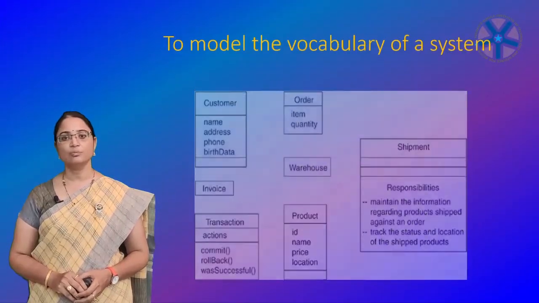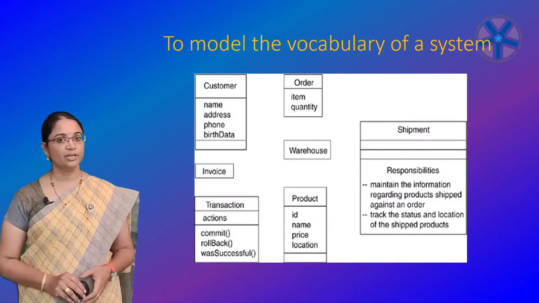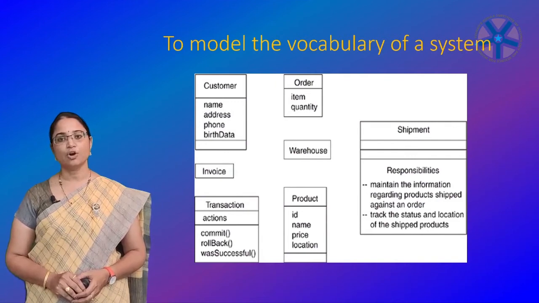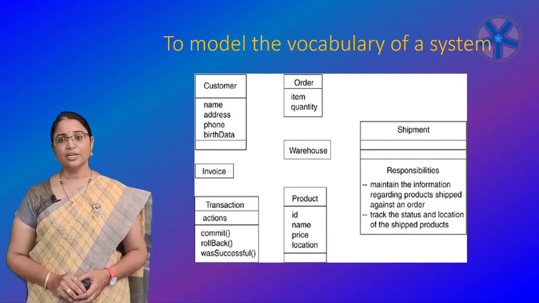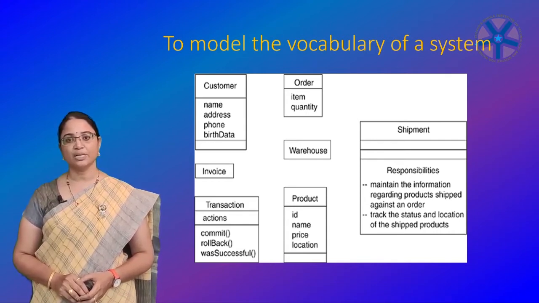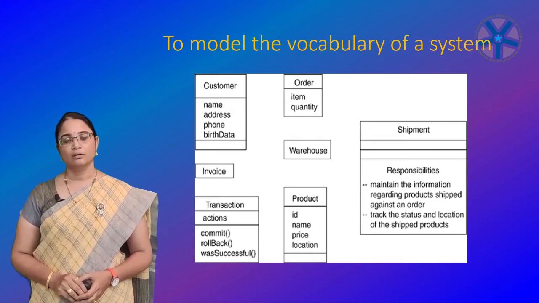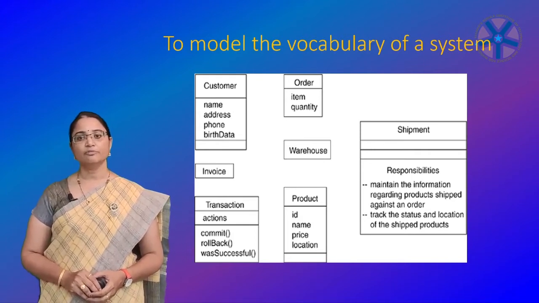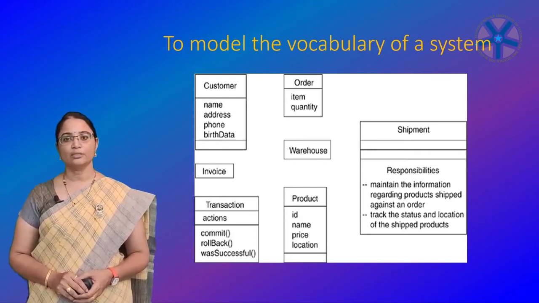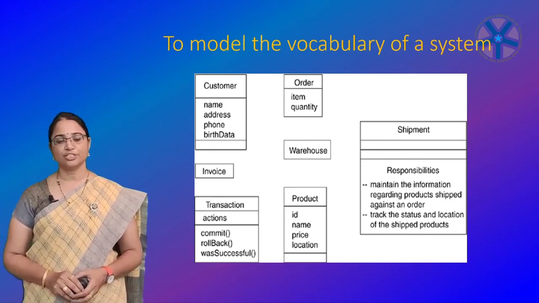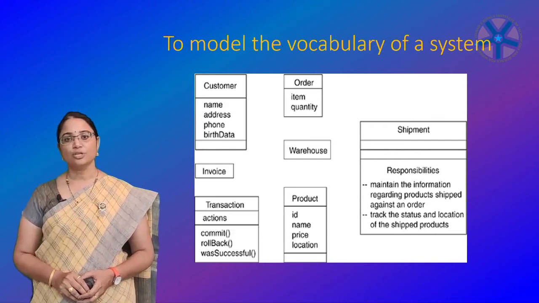So that's what we discussed till now, and you can see the figure. The figure shows a set of classes drawn from a retail system, including customer, order, and product. This figure includes a few other related abstractions drawn from the vocabulary of the problem, such as shipment. So here the problem is a retail system. From the retail system, we are able to identify the customer, order, and product. And here we also have shipment, invoice, and warehouse. These are also solution-related abstractions, such as transactions, which apply to the orders and shipments.